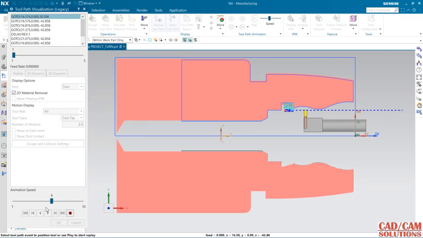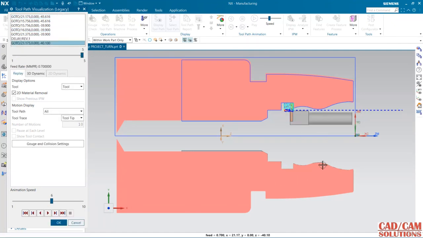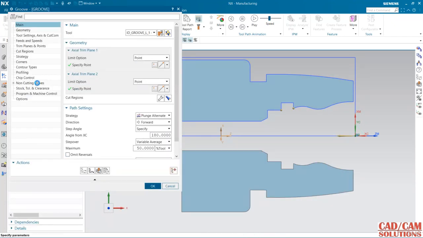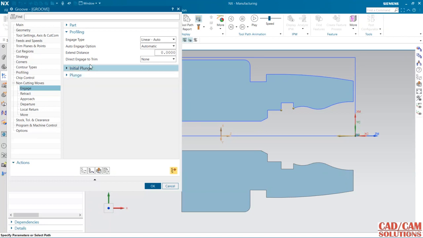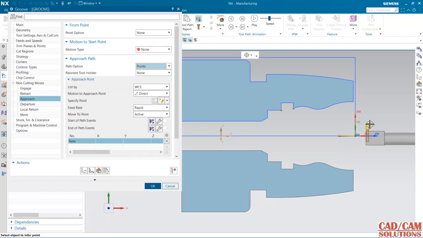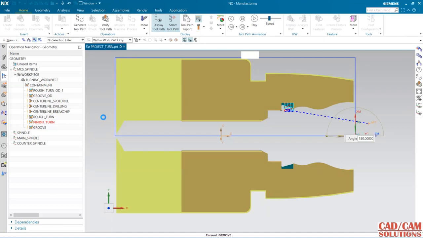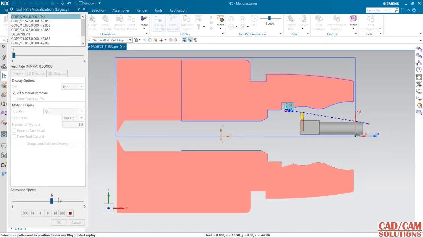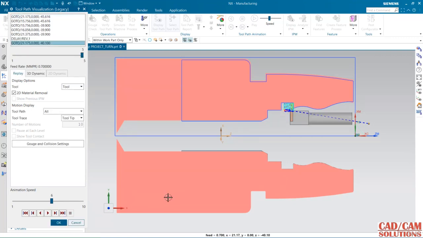If this non-cutting is not proper, you can use this non-cutting move. Okay, and approach, direct, point. Okay, see, same we